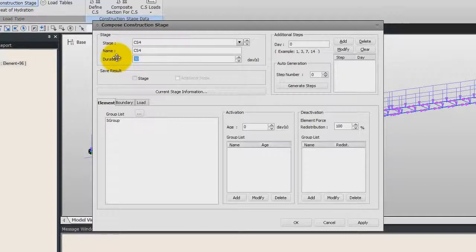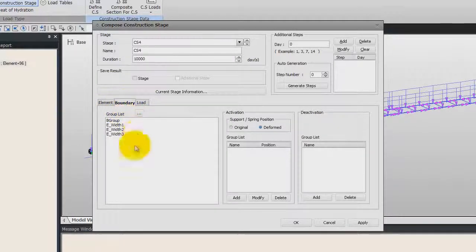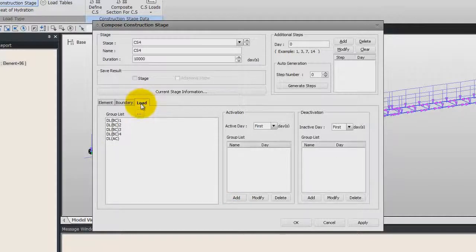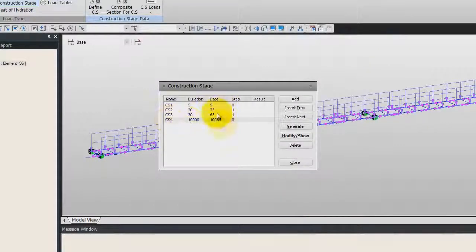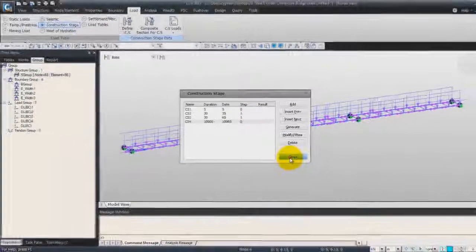Duration 10,000, it's the life of the bridge. So boundary tab, E-whites 3, add, and for the load it will be the DLAC, add, and click on OK. So now we created whole 4 construction stages,